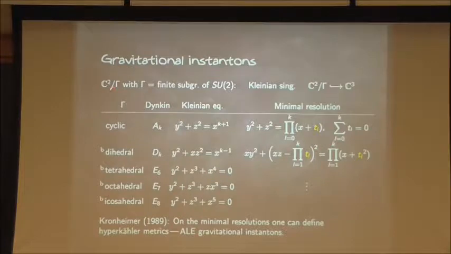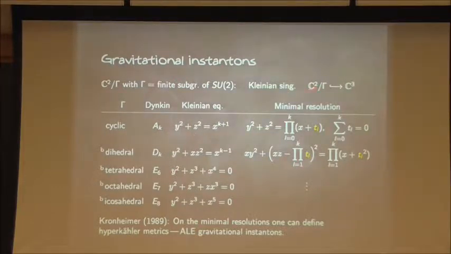So you start with this orbifold C2 modded out by a finite subgroup of SU2, and as we know, there's a McKay correspondence between finite subgroups of SU2 and the simply laced Dynkin diagrams. And Felix Klein figured out, I think at the end of the 19th century, that you can embed these kinds of things in C3 in the following way. For instance, for gamma the cyclic subgroup of SU2, corresponding to the Dynkin diagram of type A_k,